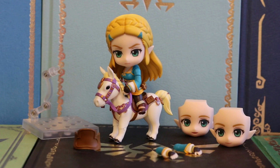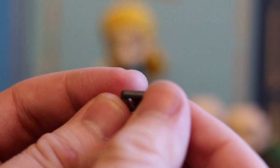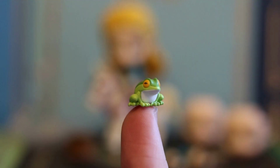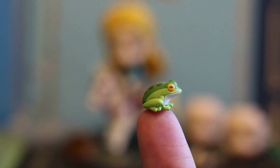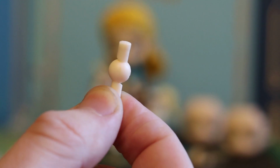So other than Zelda and the parts that we've already gone over so far, she also has these extra accessories. We got this very tiny Sheikah slate. I'm gonna drop it, it's so small. Look at that. We also have this incredibly small frog, because we know Zelda loves frogs. And a spare good smile joint. And last but not least,